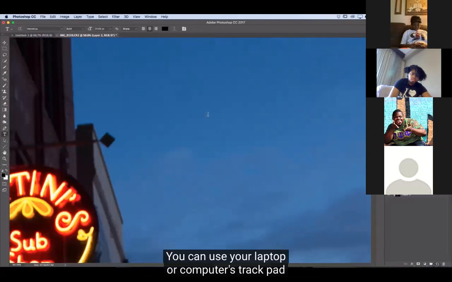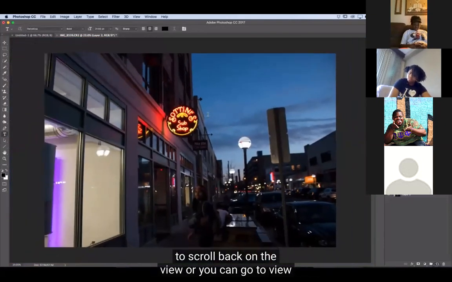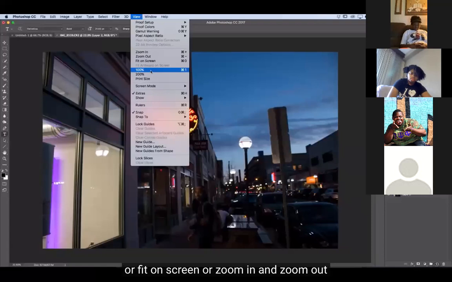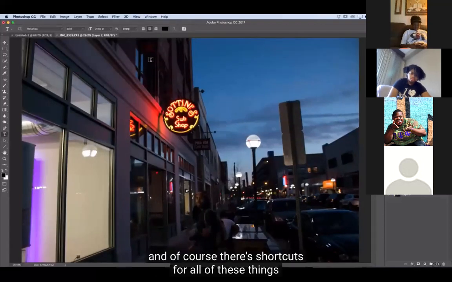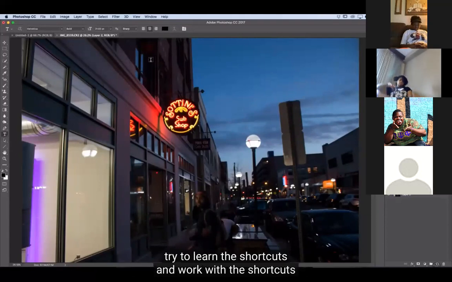You can use your laptop or computer's trackpad to scroll back on the view, or you can go to View and adjust things to be either 100% actual size, or fit on screen, or zoom in and zoom out. And of course, there's shortcuts for all of these things as well, which I highly recommend. If you're learning, try to learn the shortcuts and work with the shortcuts, because that's how you're actually going to want to work in the future.